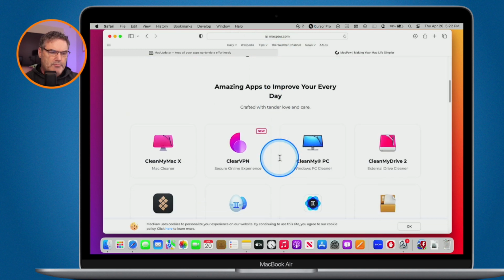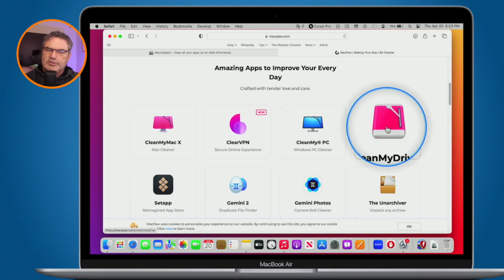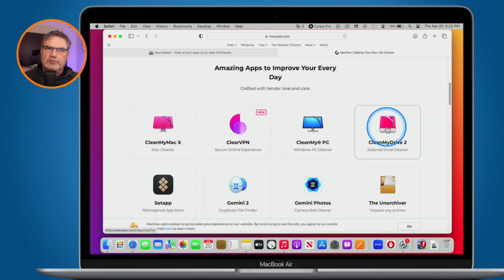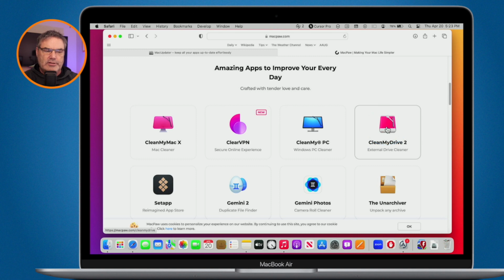I just put on my main computer Clean My Drive, so then I can just hit a button and it ejects all of my drives on my computer. I really like that, about 4 drives. And usually what I do is just unplug everything and get those annoying messages. Well, now I can just hit a button and this is free. So he has a lot of nice little utilities.